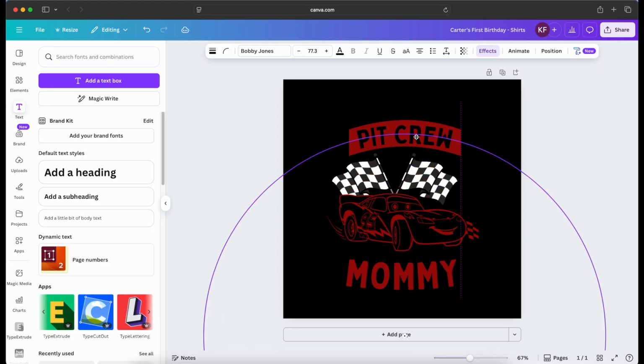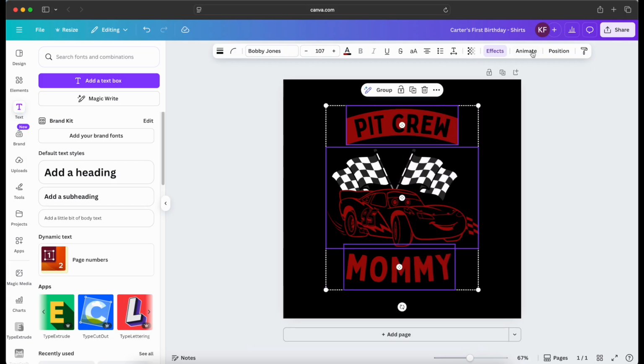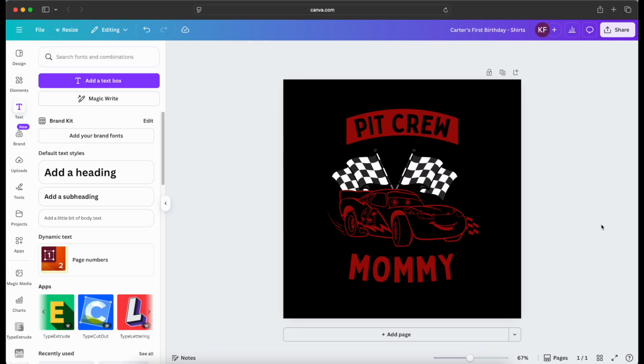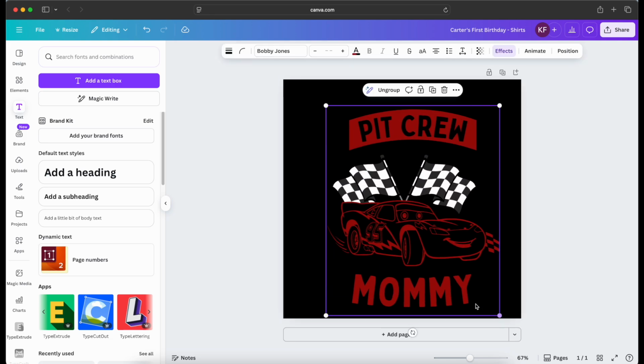Don't feel pressured, don't feel stressed, and especially as a beginner, if you feel like something's a little bit off, try a couple different prints. You might find that one spacing is better than another or one size is better than another. That's the whole point. Okay, now that everything is the way that I want it, I'm going to select it